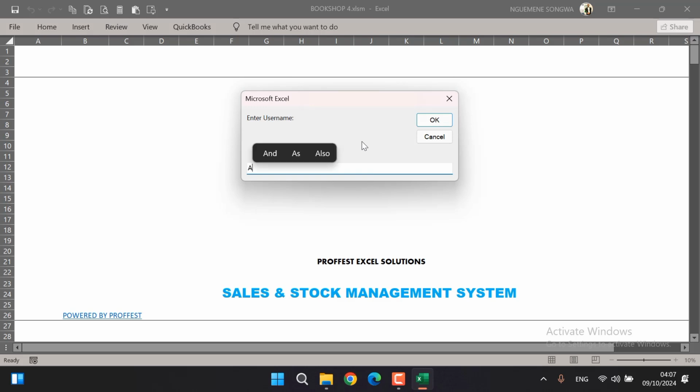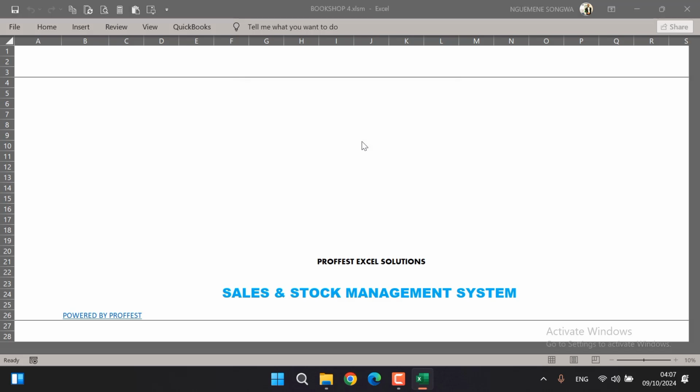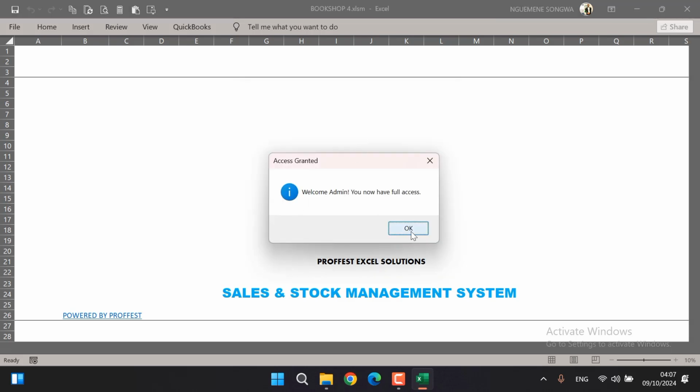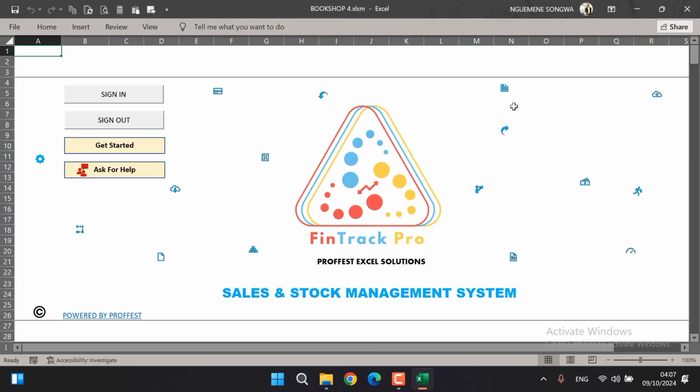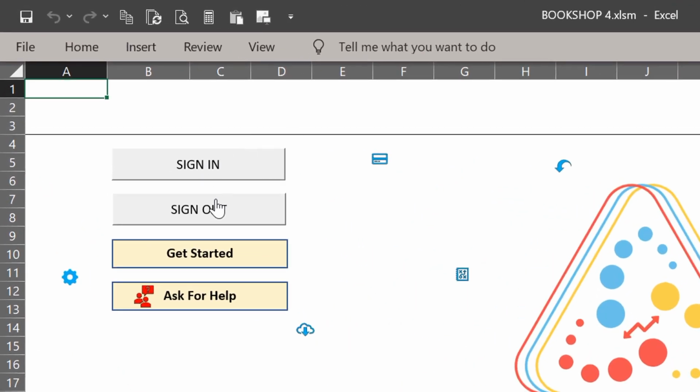So I'm just going to put the username, press enter, put the password. All these can be set up. So welcome admin, you now have full access. It will take us to this home screen. So you can log out and log in, or let me say sign in or sign out. You can also get started to start using the program itself, and here you can ask for help if